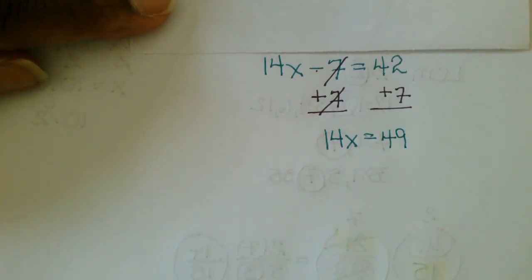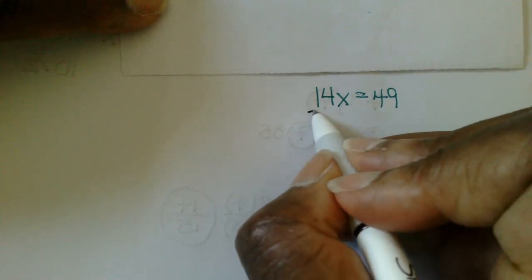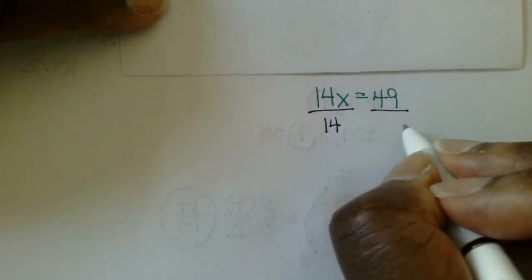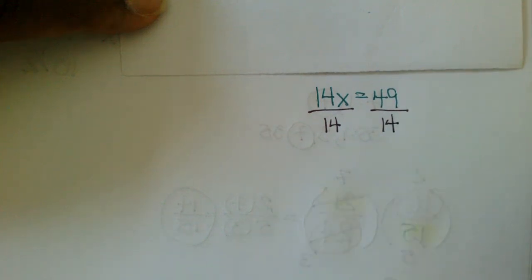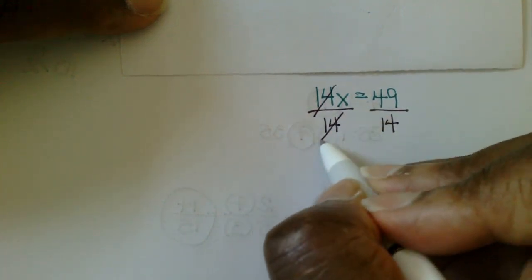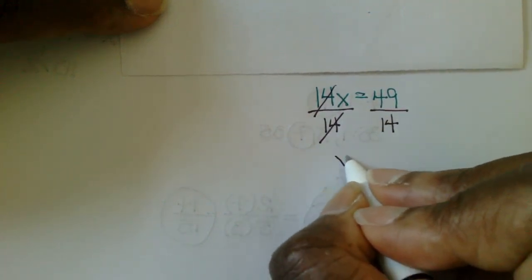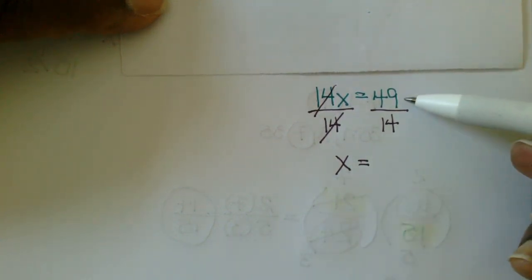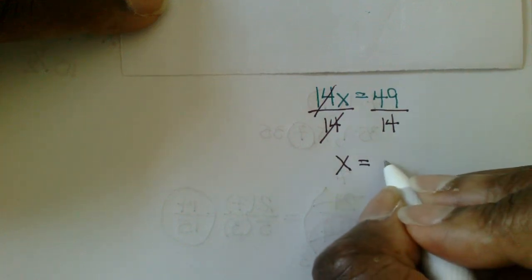Okay. Now, working on the x. So what do we need to do? We need to divide both sides by 14. So 14 divided by 14, that will give me 1. So 1x and x is the same thing. So now 49/14,